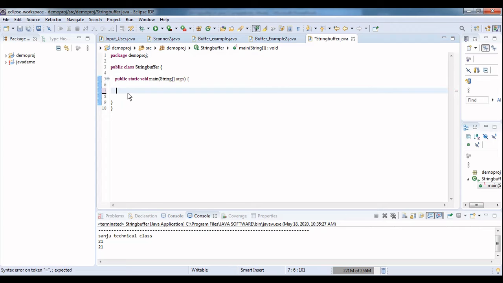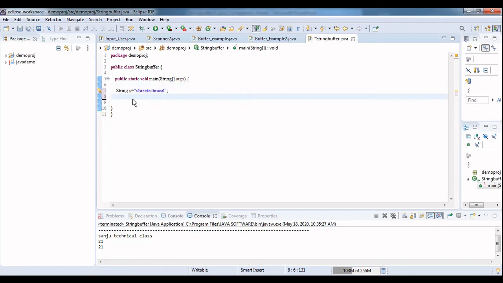So here I have a class StringBuffer. In this I am going to have a string s equal to Sri technical. Here I am explaining about String, and I will show the difference with StringBuffer.